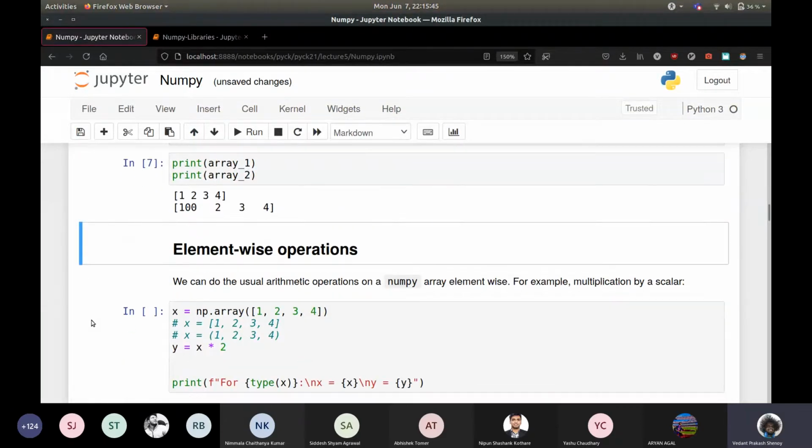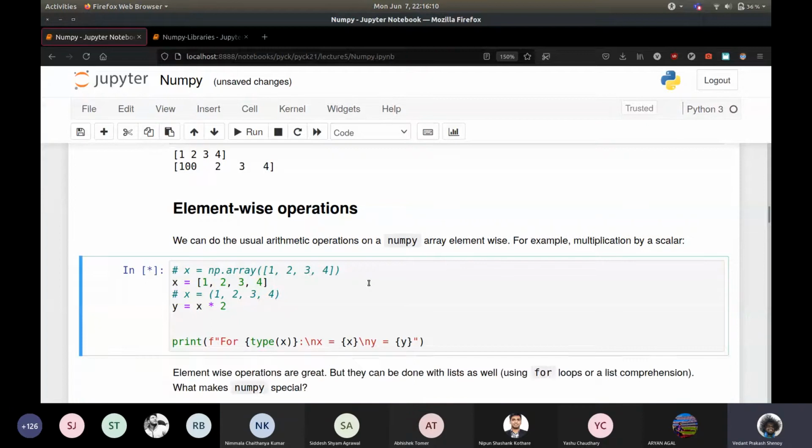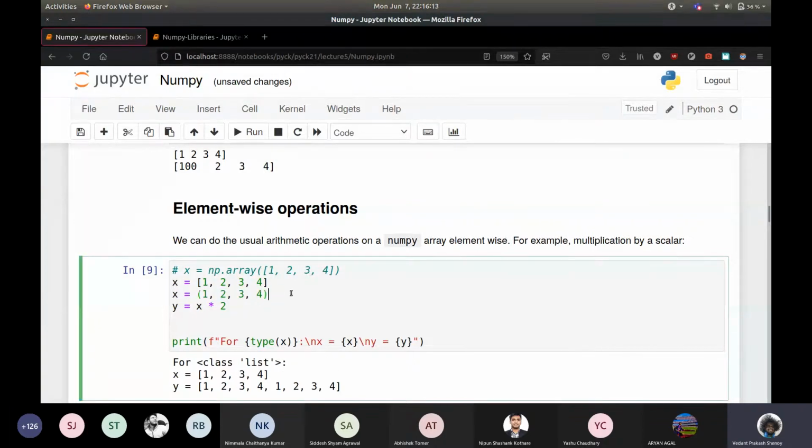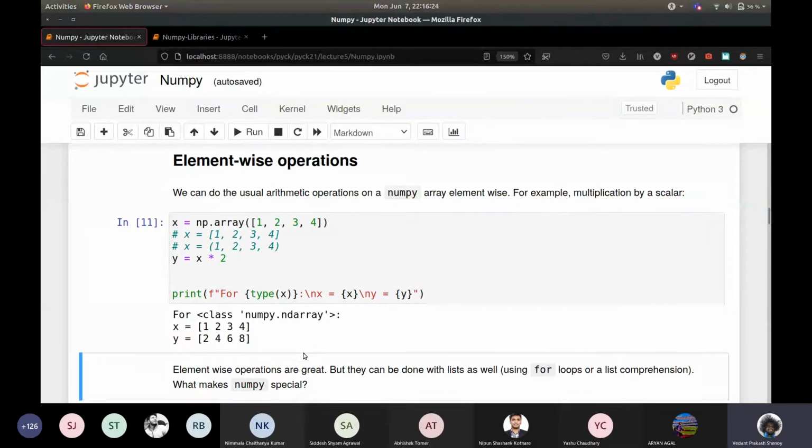Why are NumPy arrays nice? You can do element-wise operations. Isn't this fun? So if you have a NumPy array of 1, 2, 3, 4, if you do x times 2, then this times 2 is done element-wise, which means you get 2, 4, 6, 8, right? If you don't do this with a NumPy array, if for example you do this with a list, then you basically just get the list repeated. So it does 1, 2, 3, 4, 1, 2, 3, 4, right? Whereas if you do this with a tuple, again the same thing. But with a NumPy array, it does element-wise operations, which is pretty nice, right? It's behaving like something that we would see in math, like a vector or something.